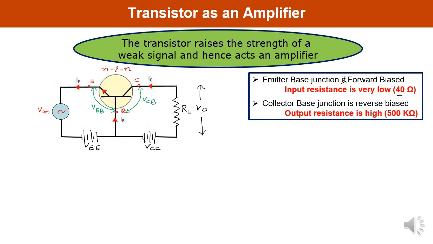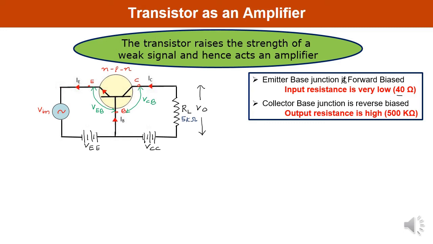Let us consider an AC signal source, shown as Vin, connected in the input circuit, and load RL is connected in the output circuit. Let us take the value of RL as 5 kilo ohm, because you need to calculate some mathematical value, so it's better to assume a particular value. An output voltage VO is going to be obtained across this load resistance.